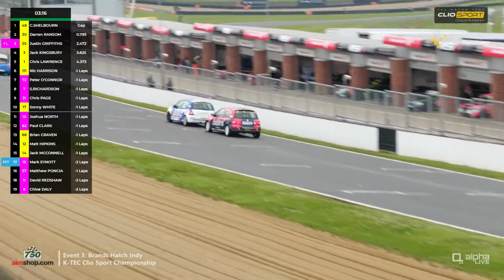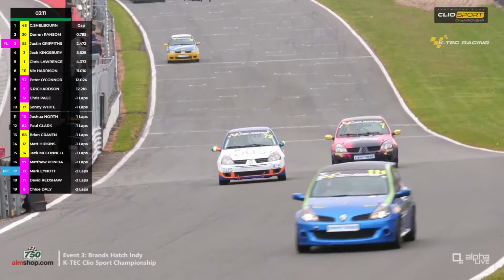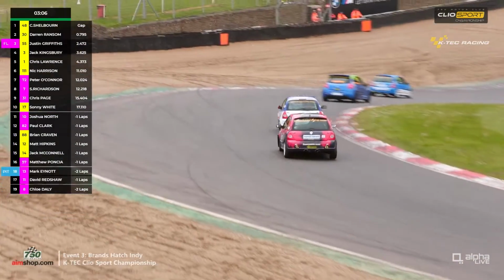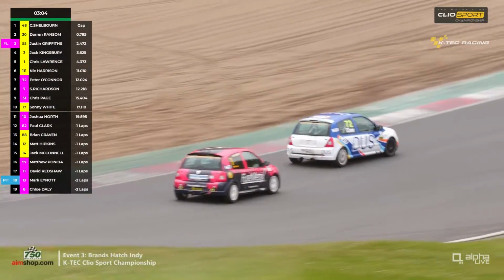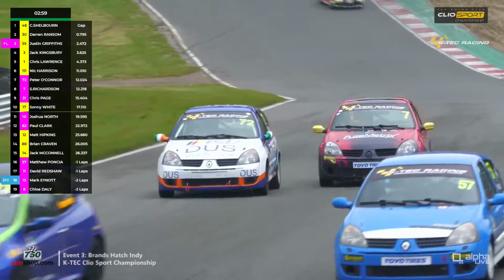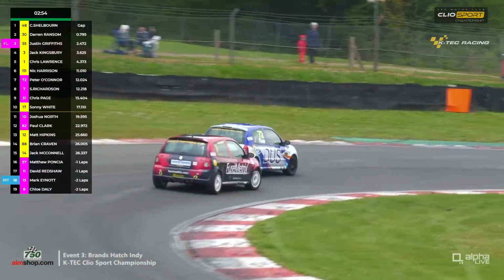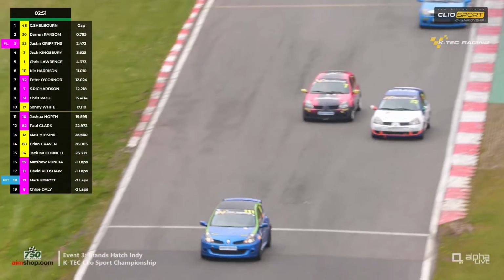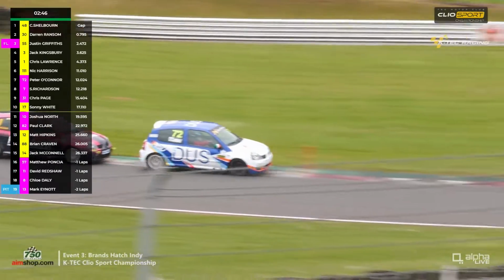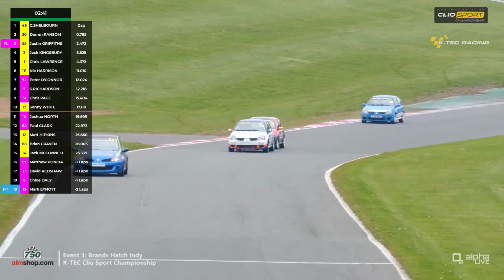Here's a good tussle going on. This is the Class A leaders, the 182 leaders, and Stephen Richardson pulls out of the tow, looks to the left-hand side of the circuit. Pete O'Connor defending. And is that going to mean O'Connor runs a little wide, Marcus? Fractionally, they carry good speed through there, and of course they've got the two cars ahead of them, which blocks the way of number 7 up the outside, which is Richardson. But the first of the lap runners capitulates, so the Fuse Metrics car coming down the outside. It's not going to work there at Graham Hill Bend. But he gets a good exit, and he's now right on the back bumper, literally, of